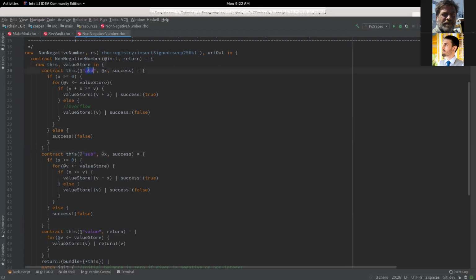And basically, what's the point of the add and sub methods? It's so that you can do something like put rev into a particular purse, because remember, this is basically a purse. So we can call this add method on a purse, and that allows us to put more rev into a purse. But we'll also need to do something like subtracting rev from a purse, and then this value thing is basically just to read the value that's in that particular purse.